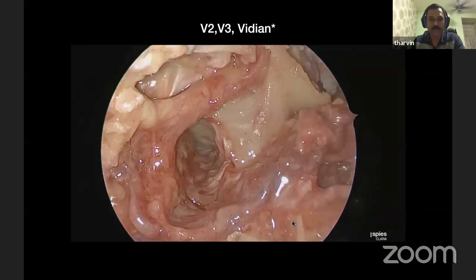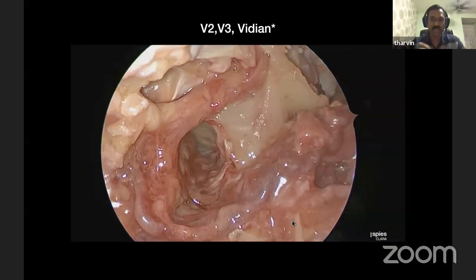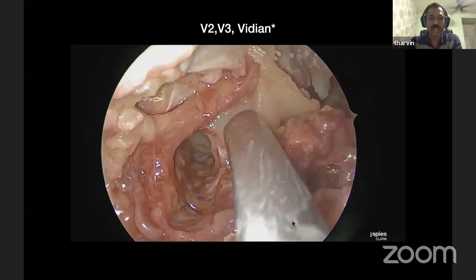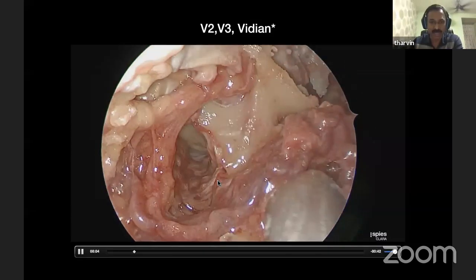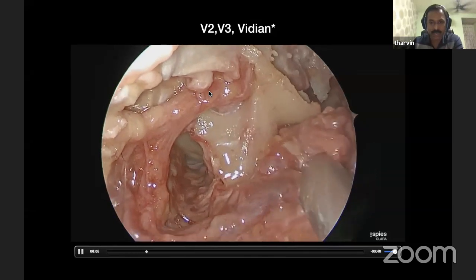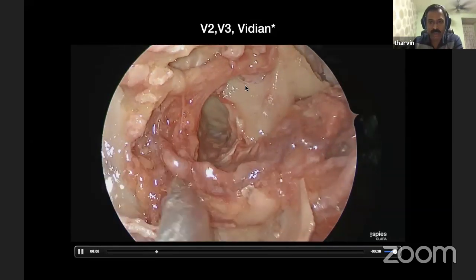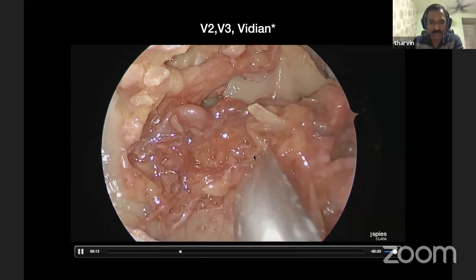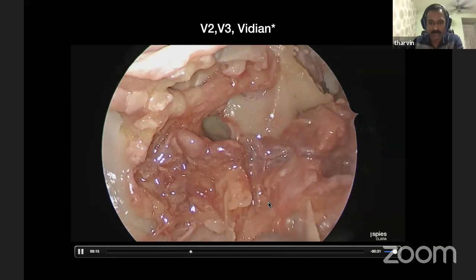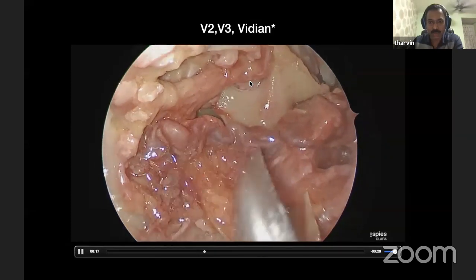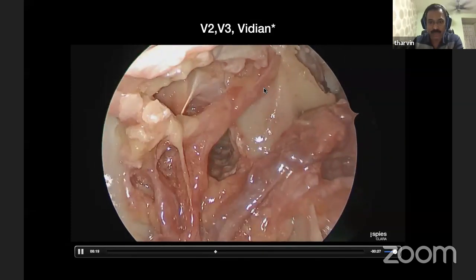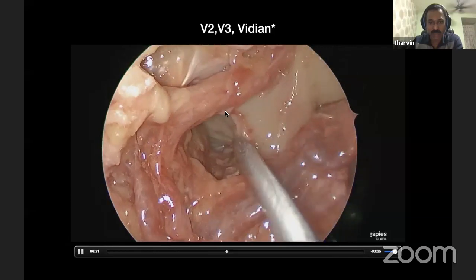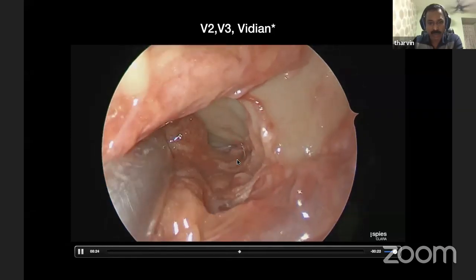So let me move on to another one. So this is another dissection. Repetition is good because it gives you the landmarks again and again in different cadavers. Again, the infraorbital nerve, as you can see, that is the foramen rotundum. That's the median nerve. This is the maxillary artery with a descending palatine, as you can see, right? That's the median is here, the infraorbital nerve, and we have gone to the sphenoid wing,